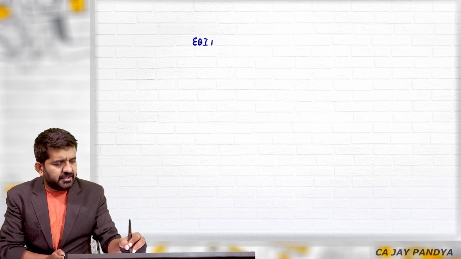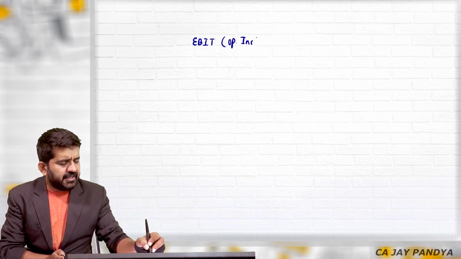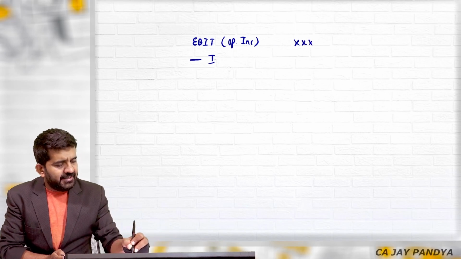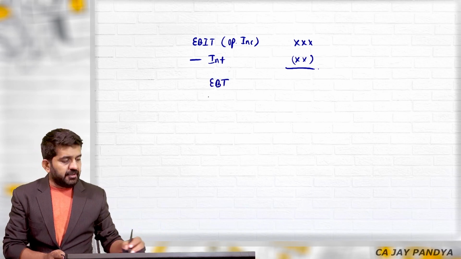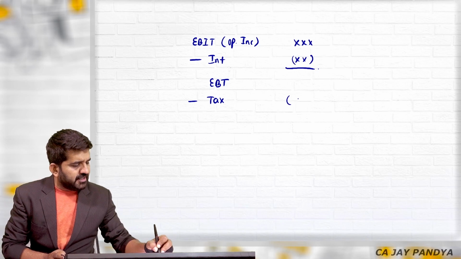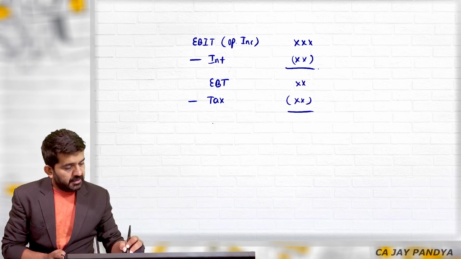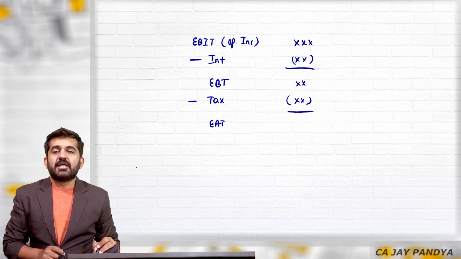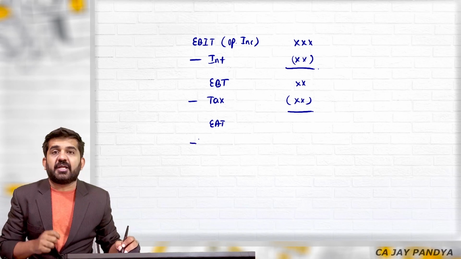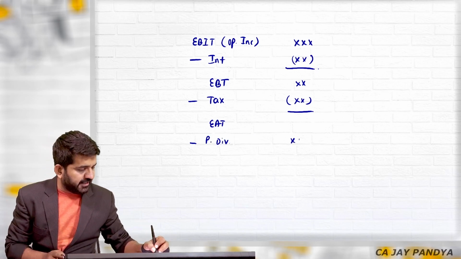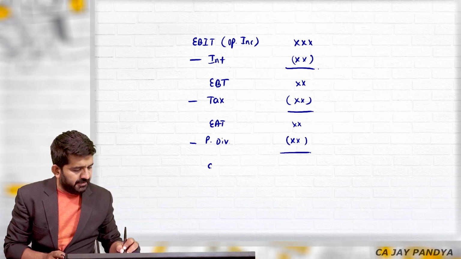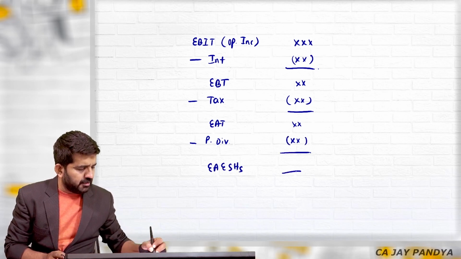Third is, we understood the profitability statement. In finance, especially in capital structure, we start with EBIT, which is nothing but operating income. We deduct interest from it. I will be getting EBT, earning before tax. We reduce the tax from it. I will be getting earning after tax. As preference dividend is not a deductible expenditure for tax purposes, I will then deduct preference dividend after deducting tax. I will be getting earnings available to equity shareholders.